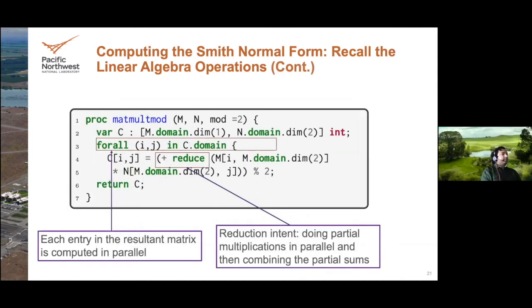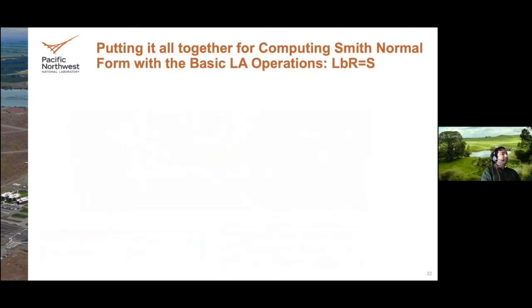And then for the matrix multiplication, this is the same thing that I have shown earlier, except for a little bit of explanation about what's happening here. Each entry in the result matrix is computed in parallel, and the reduction intent here is doing partial multiplication in parallel and then combining the partial sums. And all these are very concise. So with all these linear algebra operations in our hands,